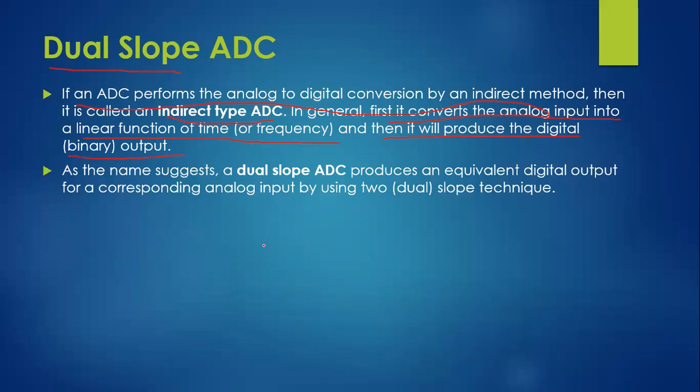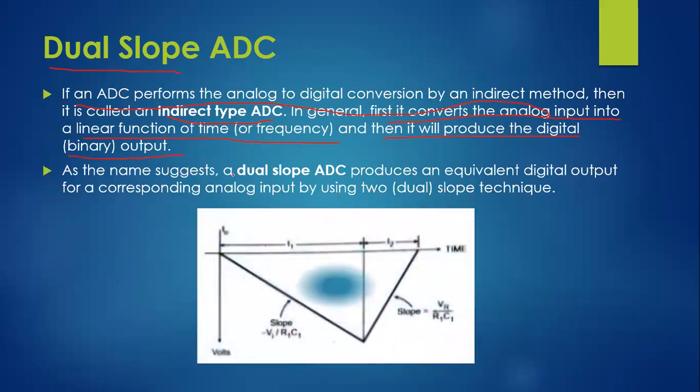So here we will be having the slopes like this. First, the duration taken is between 0 to t1. Here we are showing one linear slope which will convert one process to the other process. So here the output or the slope will be in terms of minus Vi by R1 into Rf into C1. So here the slope depends upon the input voltage,